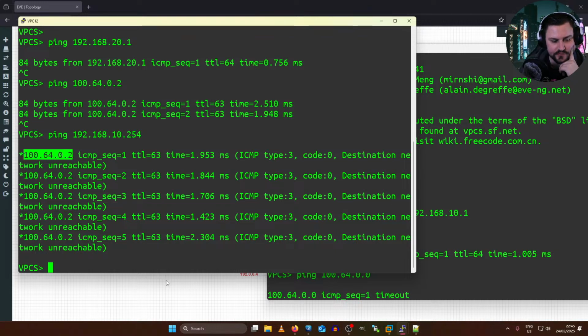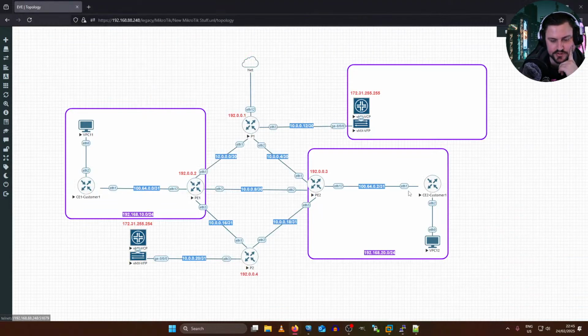So 164.0.2, which is PE2, is telling my client, hey, I can't get you to that other network. And it's going to be the same error message from VPC 11 to VPC 12. It's just because that customer subnet I'm not redistributing across the MPLS network yet. So how can I do that?